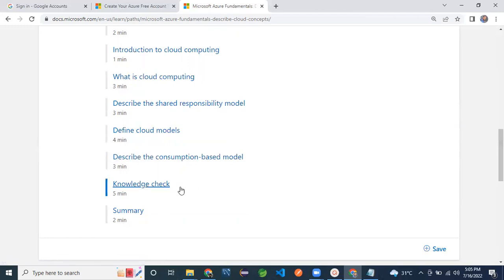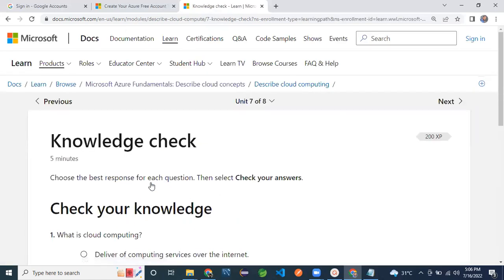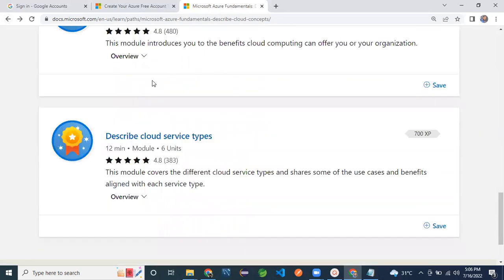The excellent thing I liked on this site is that the knowledge check is there on each module. Let me open it in a new tab.